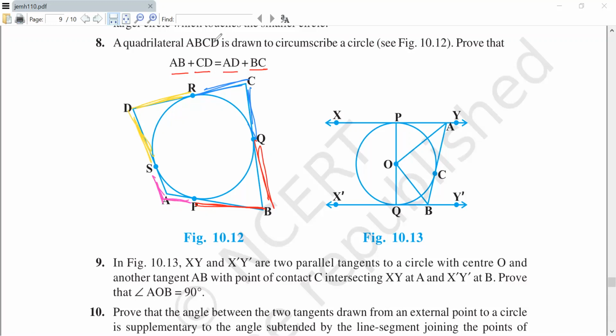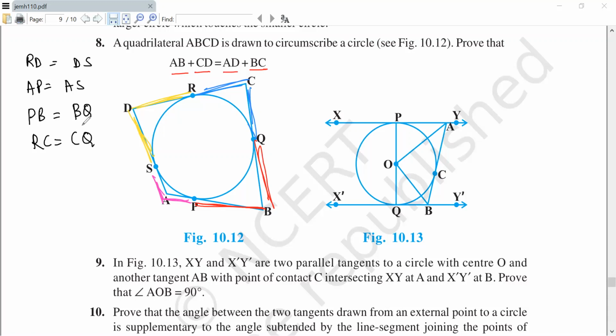Now let's write this down quickly. We have RD equal to DS, AS equal to, let's write AS next to DS. We have AP equal to AS. You can take rough notes. AP equal to AS. We have PB equal to BQ. And RC should be on the RD side. RC equal to CQ.